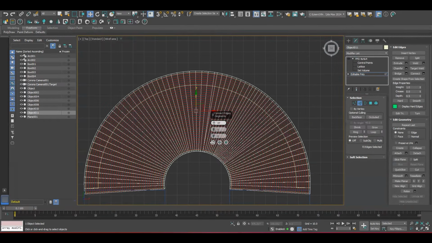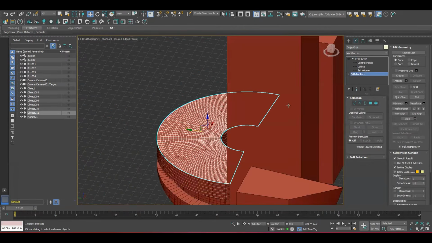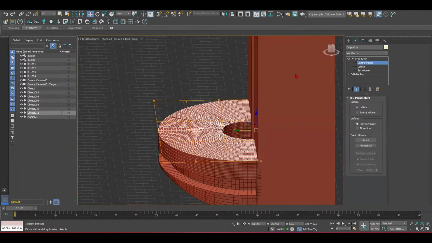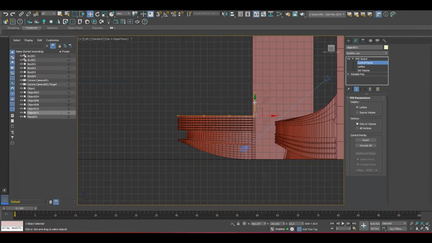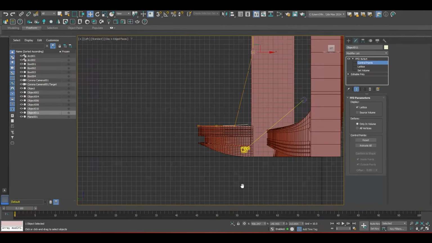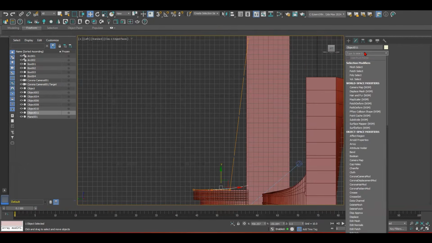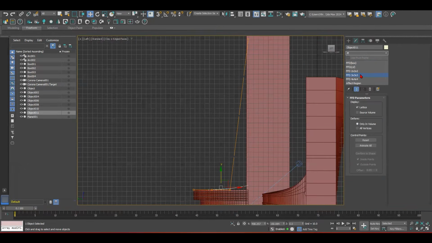Find. Once I do that, now I enable FFD. These points. FFD.